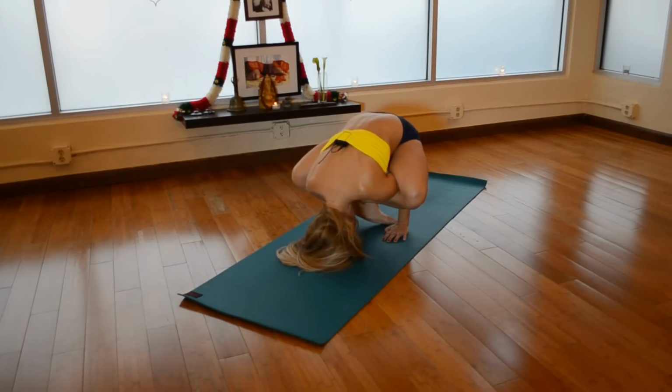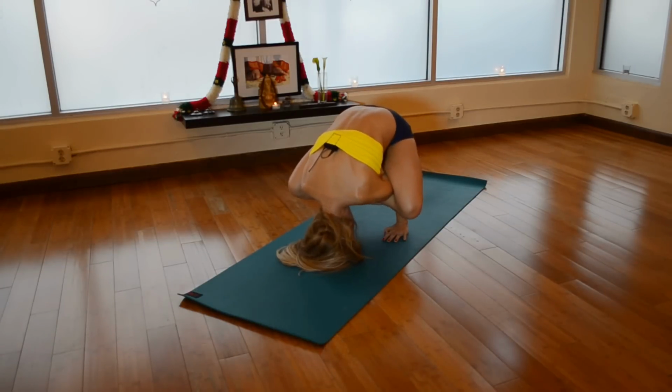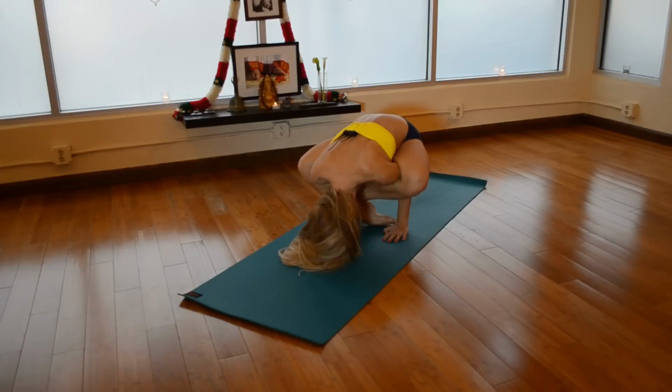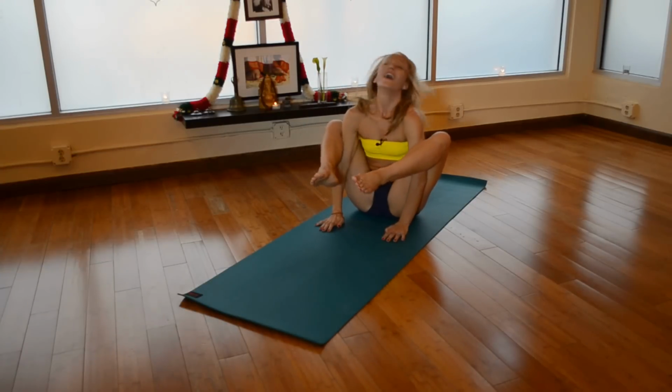Then from here, keep gripping your fingertips, and this is all the work to strengthen the shoulders and the wrists. Lift your toes off of the ground by activating now finally the pelvic floor. Pick it up. Take 5 breaths here. Then put your toes on the ground, press through the shoulders, lift the head, and I gotta do that one